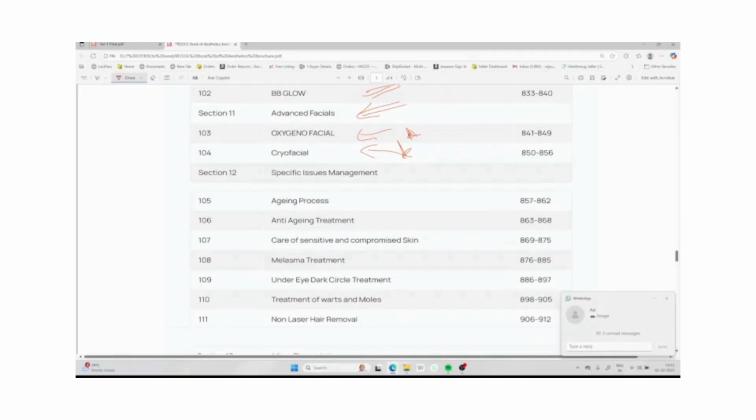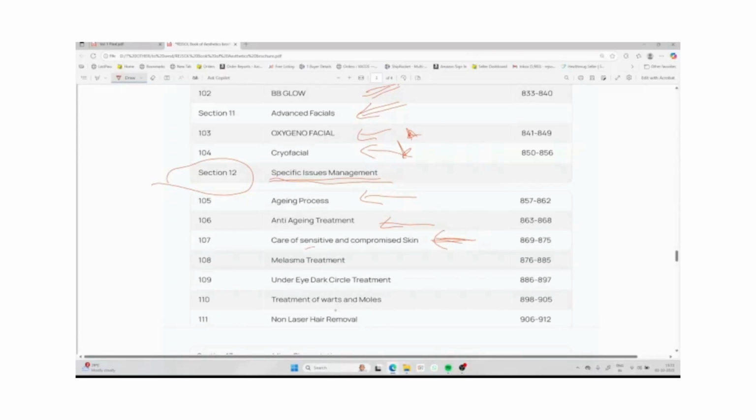Then there are specific issues. In section 12, we discuss specific issues and how to manage them. So a holistic approach involving various modalities is discussed. For the anti-aging process, what do you do? Anti-aging treatment, what is there? And then now this is very important,